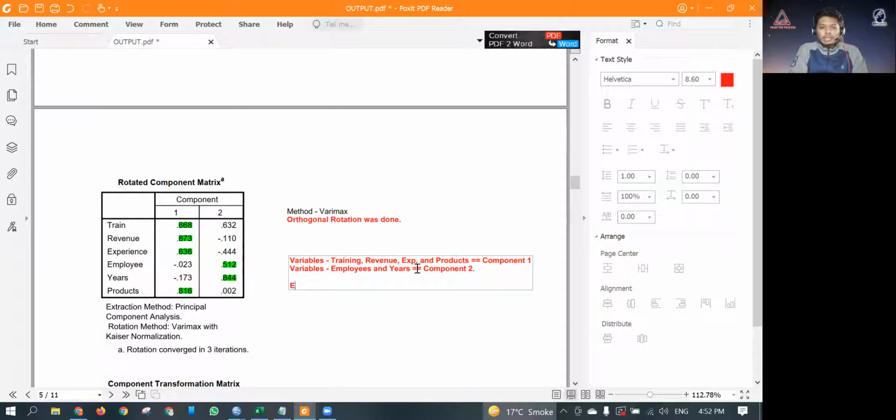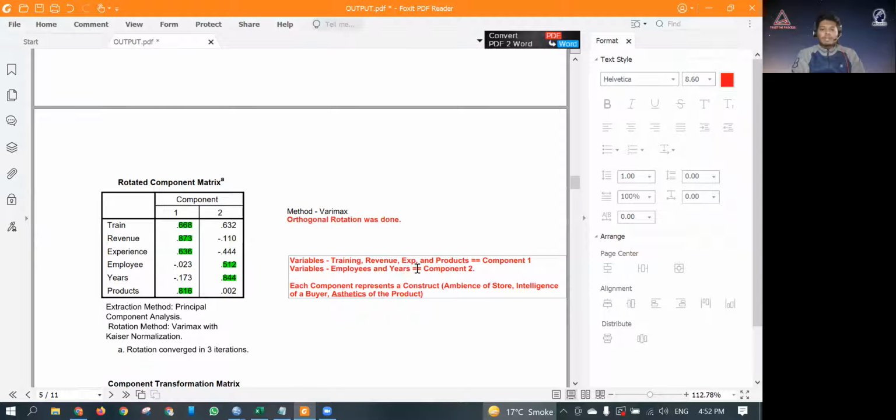Okay, so each component represents a construct. So what is a construct? Construct could be something like, let's say, ambience of a restaurant, of a store, or let's say intelligence of a buyer, or the aesthetics of the product.